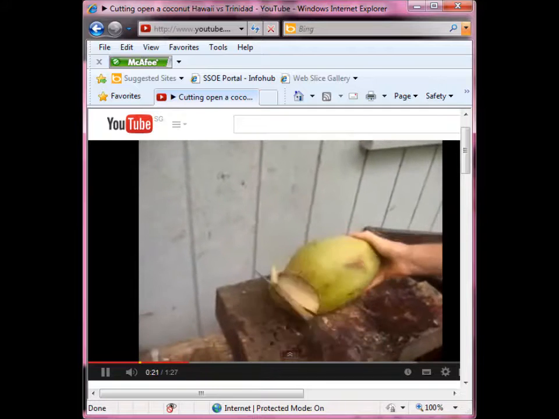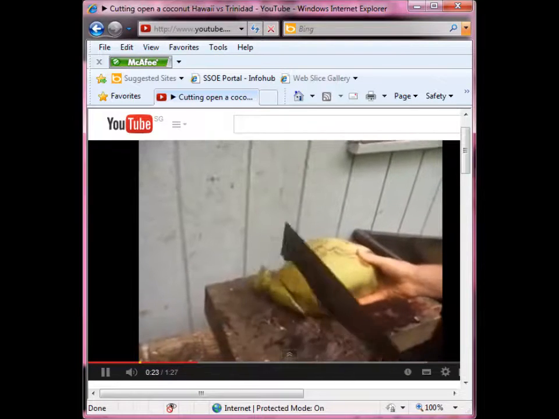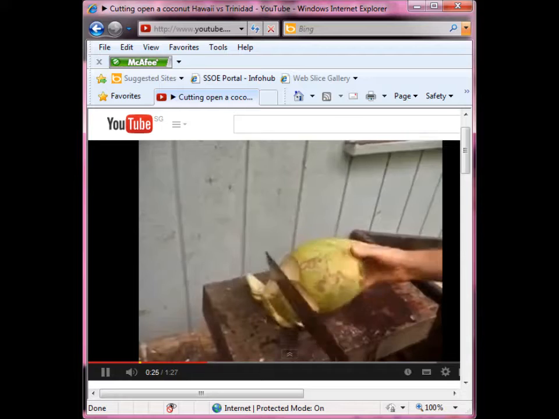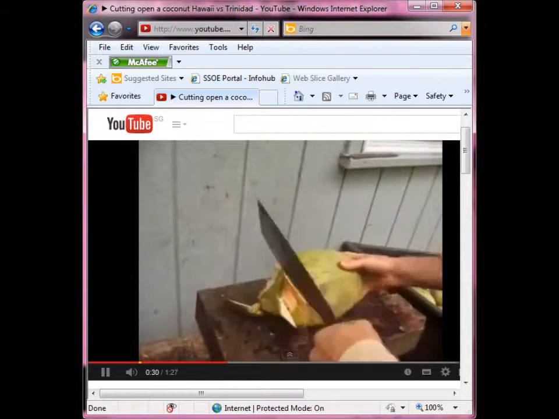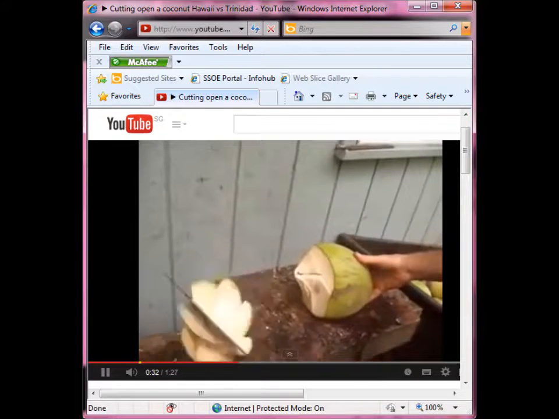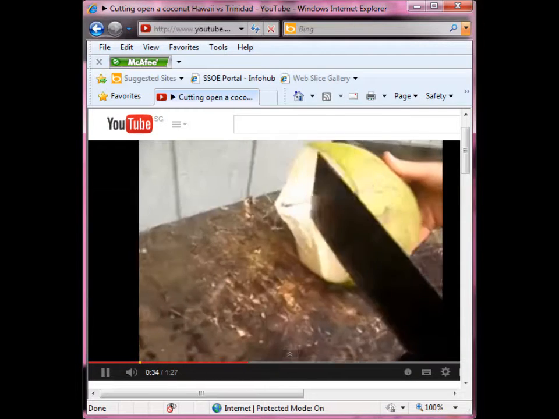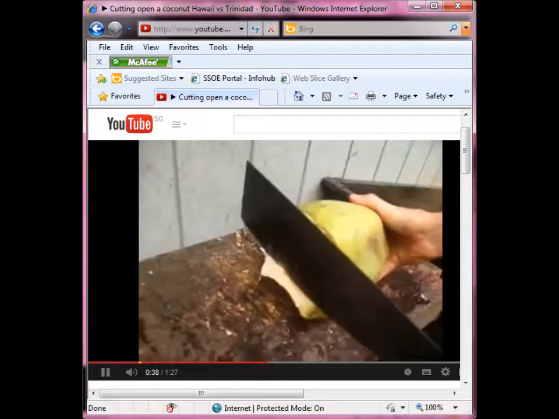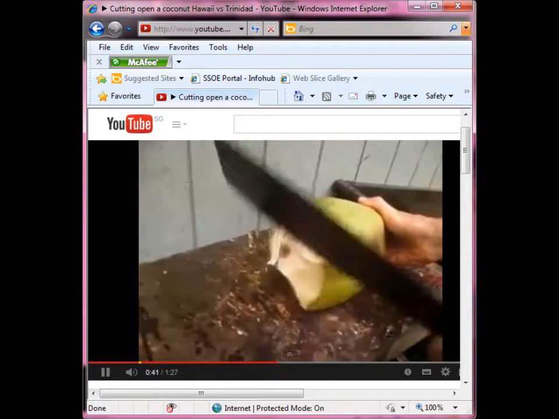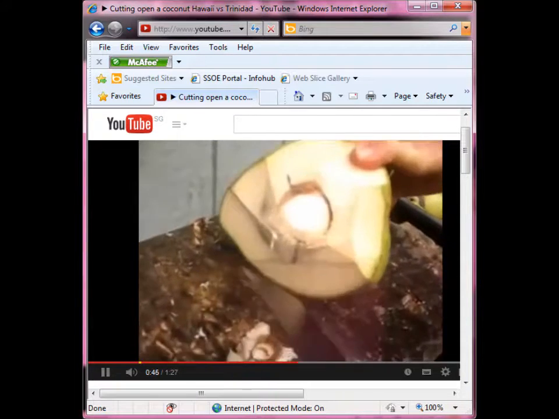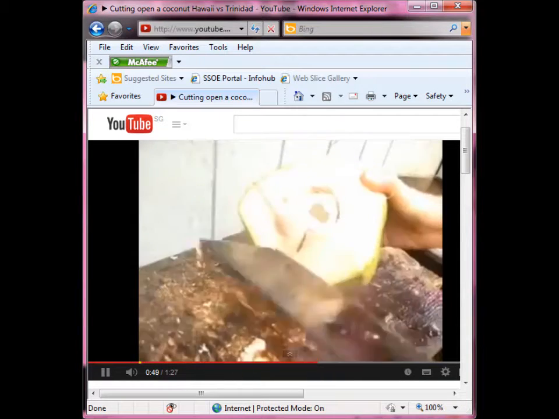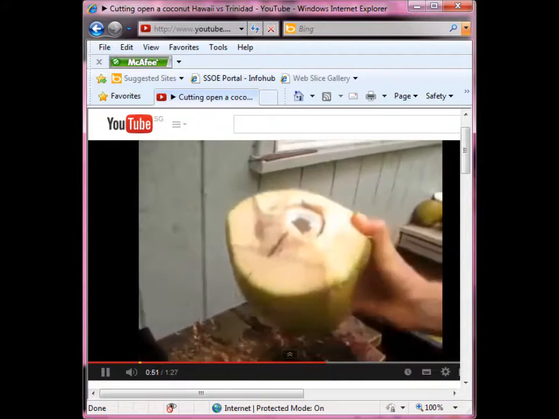And you can just work your way around the coconut and just open it up easily and effortlessly, as so, until you get to the point where you see the actual nut itself. Once you get to the nut, you can then easily and effortlessly slice off the edge until the meat appears, and then you can open up a little hole and take pleasure in